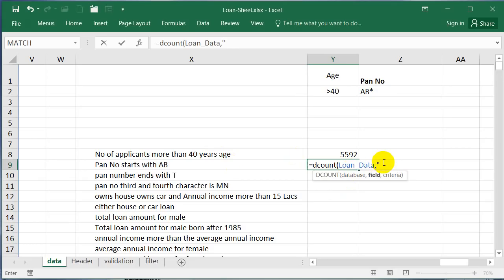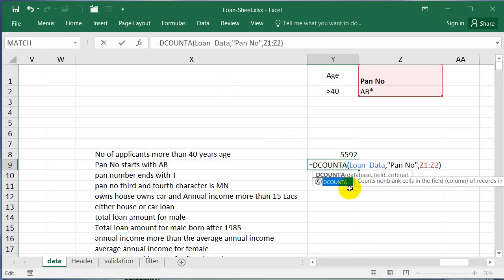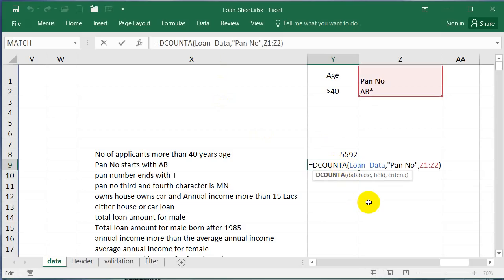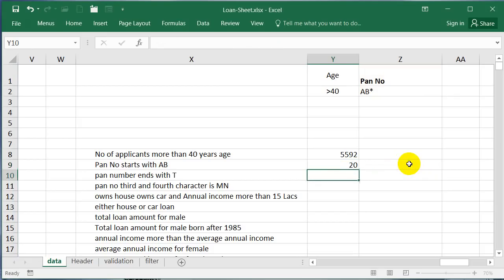If you put here PAN number and give this criteria, this should give you some error because count can only count numbers, but whereas the field which is PAN number you have given is containing text, so it will give you 0. But because I know there is a function called DCOUNTA which can take care of non-blanks, if now you press, you get 20. The same answer you can get with DCOUNT, and instead of this any other field which is numerical, then also you will get the same answer.